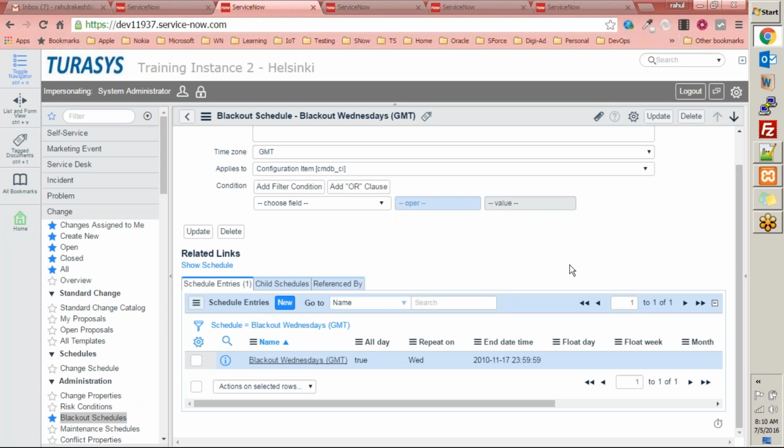So there is a lot to learn within the change management application. We'll talk about the change management application in greater detail tomorrow as well, and we'll see some more aspects of the change management application. I'll request you